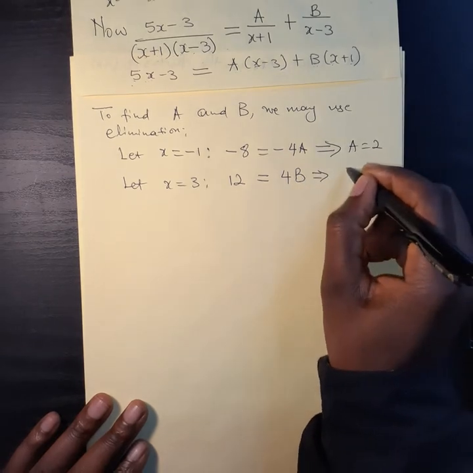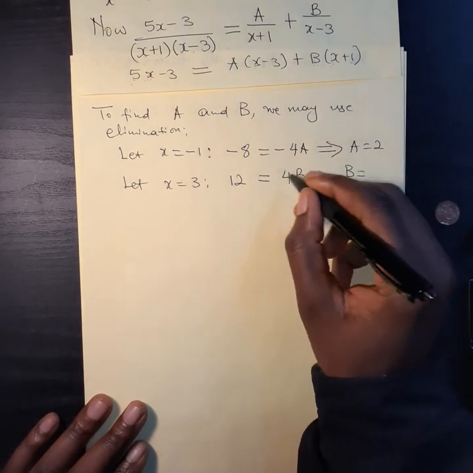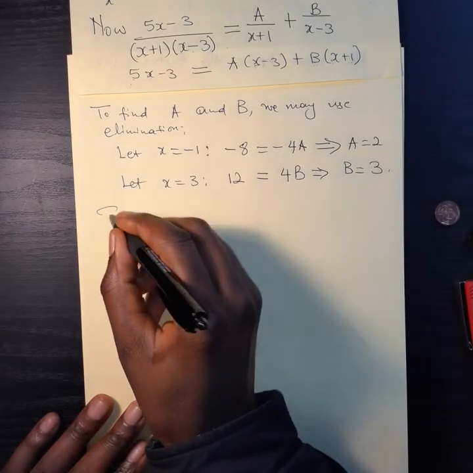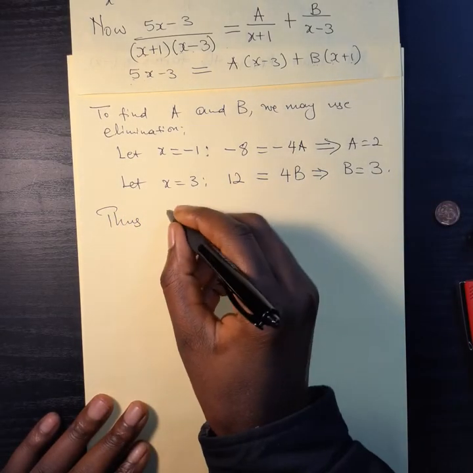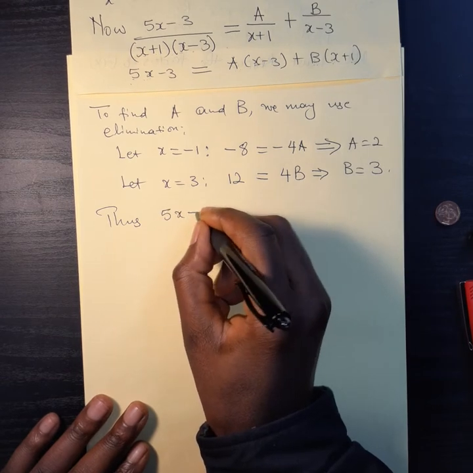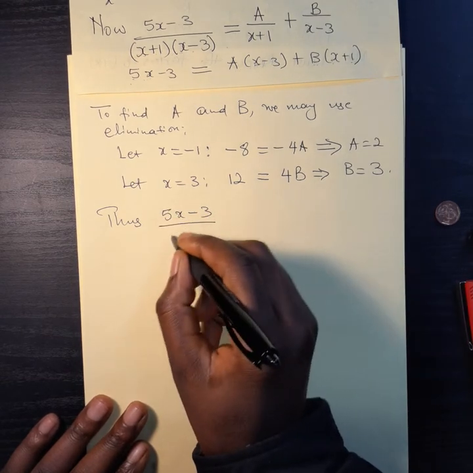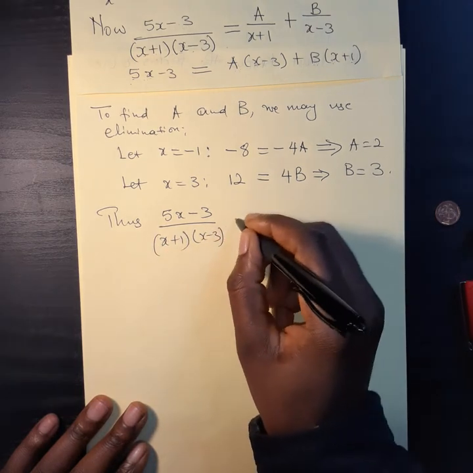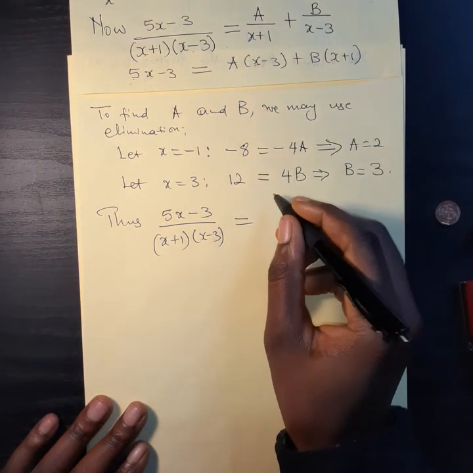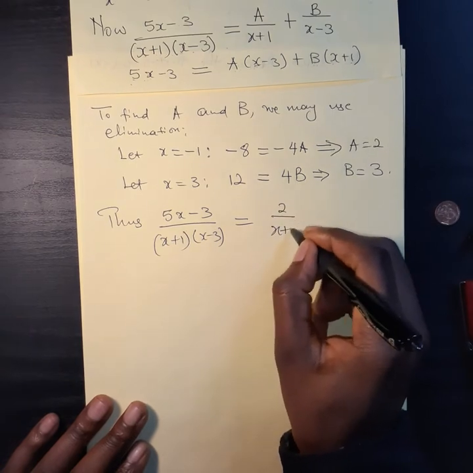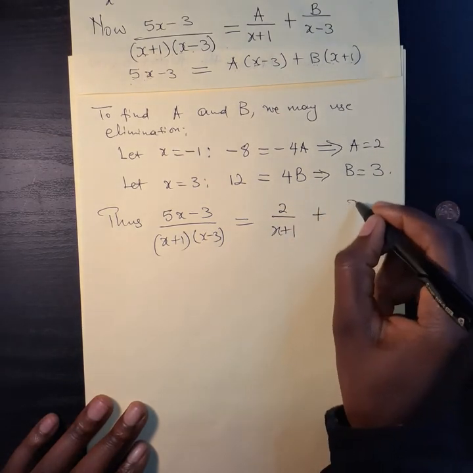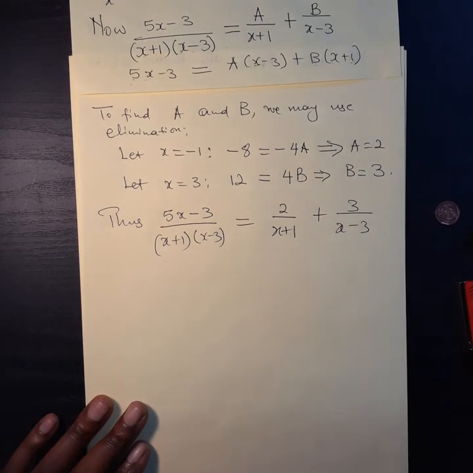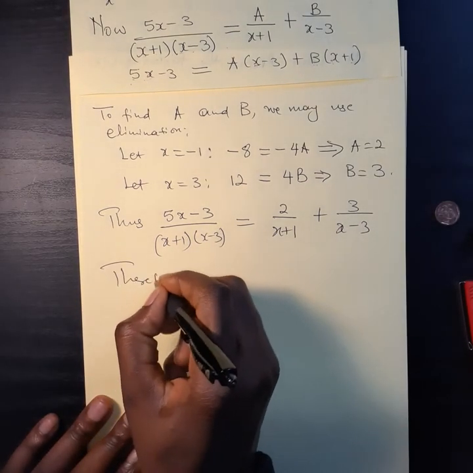This implies that B is a 3. There we are. So that's what we are interested in: (5x minus 3) over (x plus 1)(x minus 3) is equal to A, which is 2 over x plus 1, plus B, which is 3 over x minus 3, like that. Therefore,